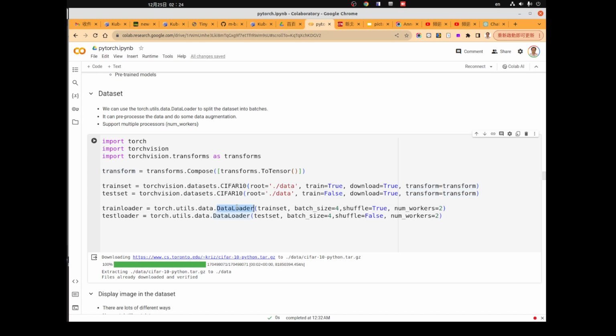And we will have a data loader which can be used to load the dataset. We will not discuss this in detail right now. That will be the content of the next lecture.